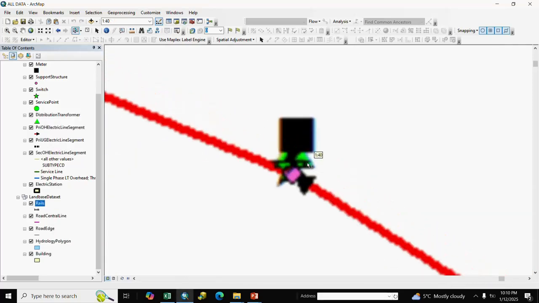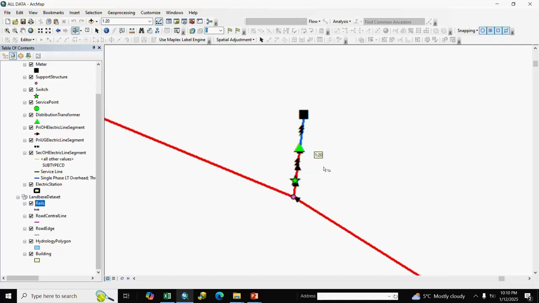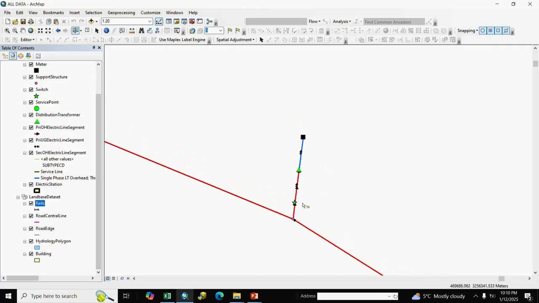We remove this asset because the field is disconnected for all assets: DT, meter and consumer. So how do we remove all this data? First we select all the data.